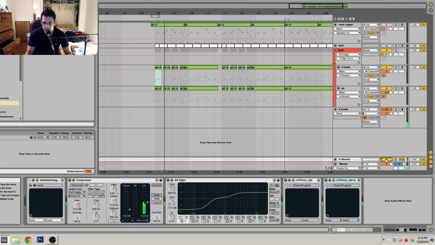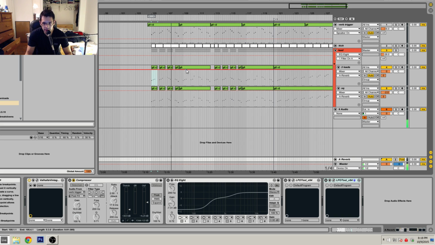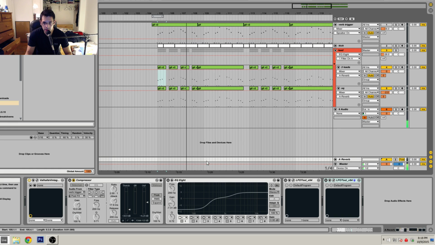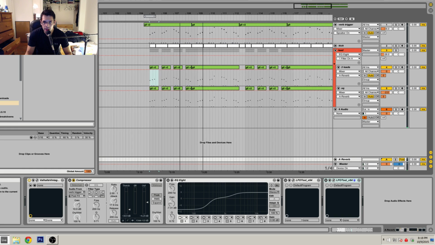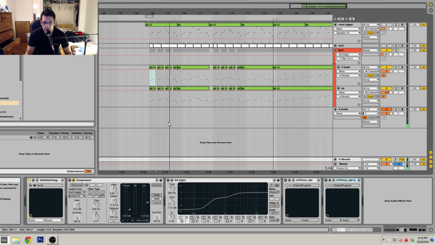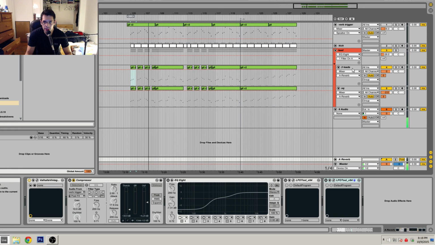Oops. Let me turn it on. Yeah, so it just sounds like a mess because there's just too much reverb. But what we're going to do is sidechain the reverb to the synth that is going into the reverb. But how we're going to do this is we're actually going to